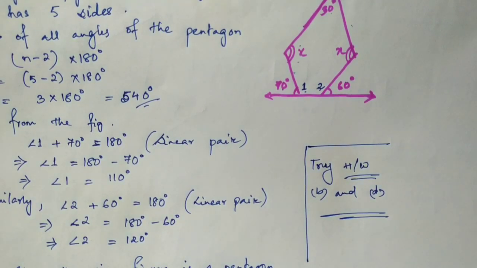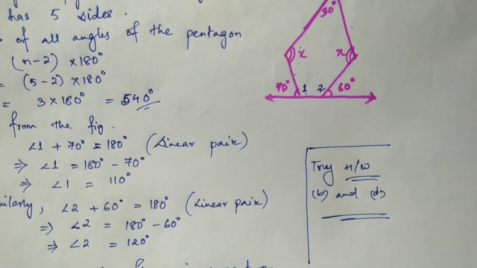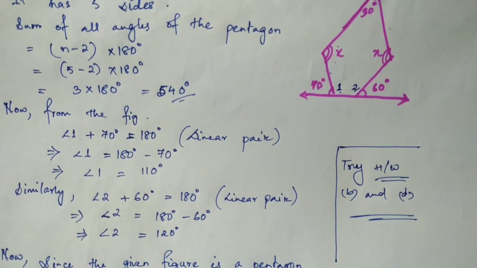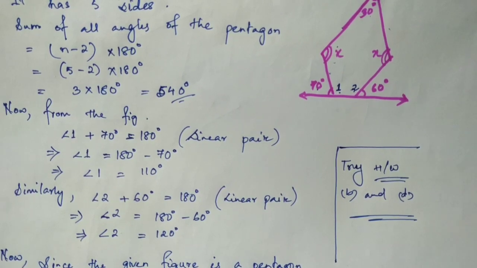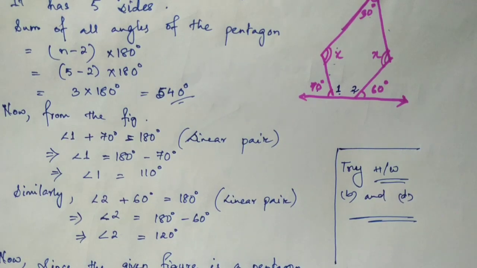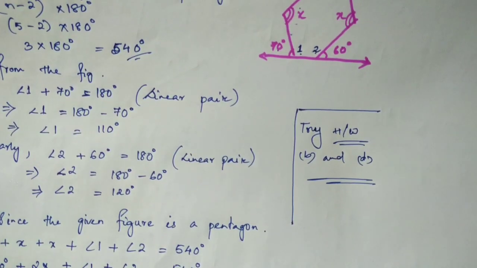Now in question number 7, if you see the diagram, there are 2 questions. There are 2 diagrams given for A and B. It is given, find x plus y plus z in A, and the next one is, find x plus y plus z plus w. For that, first of all you need to find the values of x, y, z, then only you can add them up. If you see the diagram properly, the first one is a triangle, right? I can show you the figure here roughly. It looks something like this.